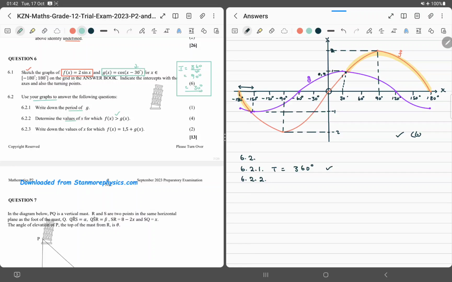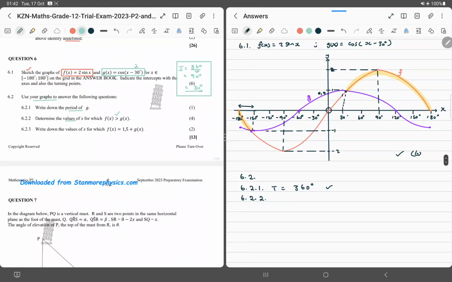That's the first interval. And then the second interval is from 30 to 180, so it's this long interval. Okay, so to answer this question, we know that our x must be less than minus 150 degrees, but greater than minus 180 degrees,